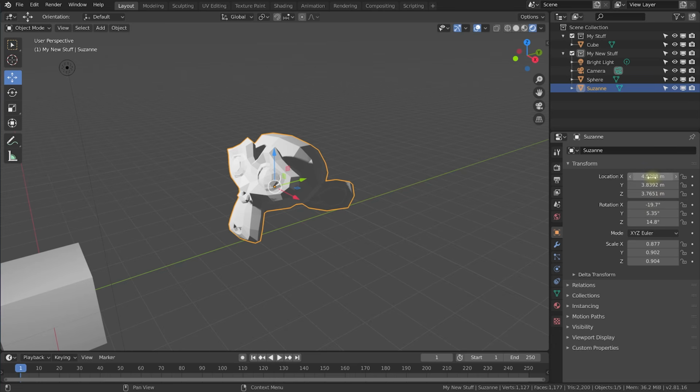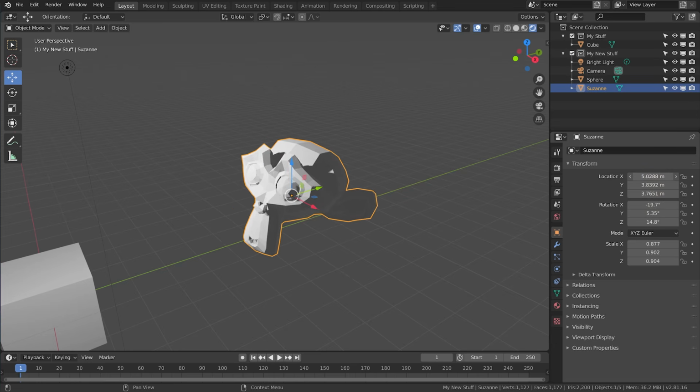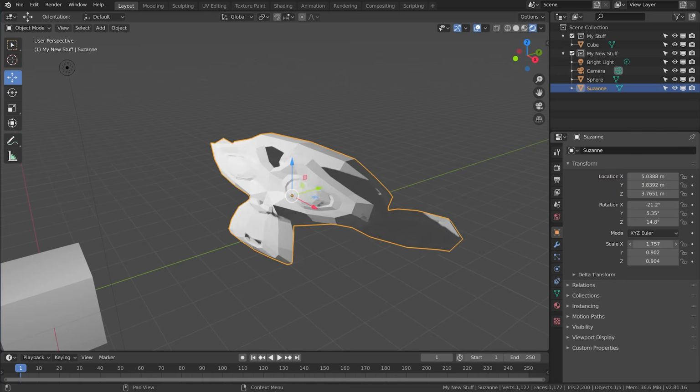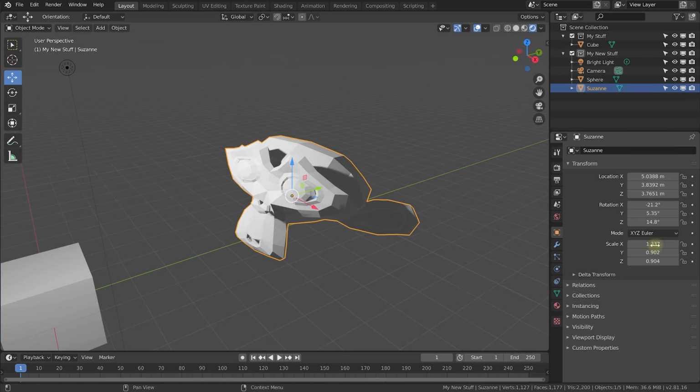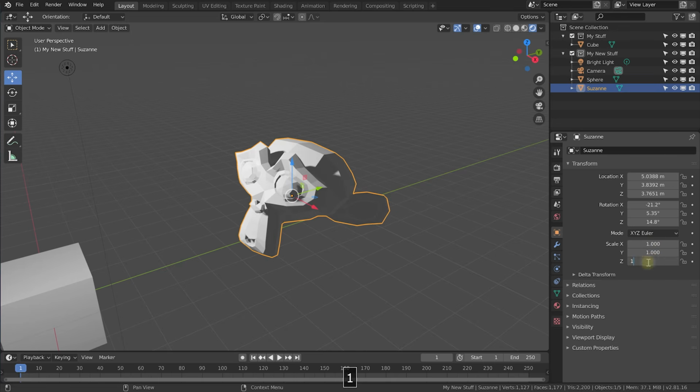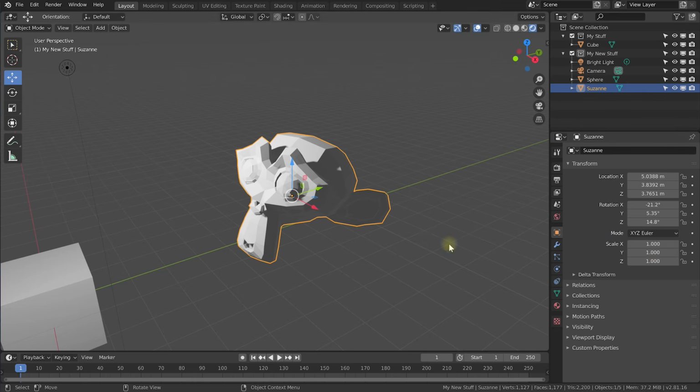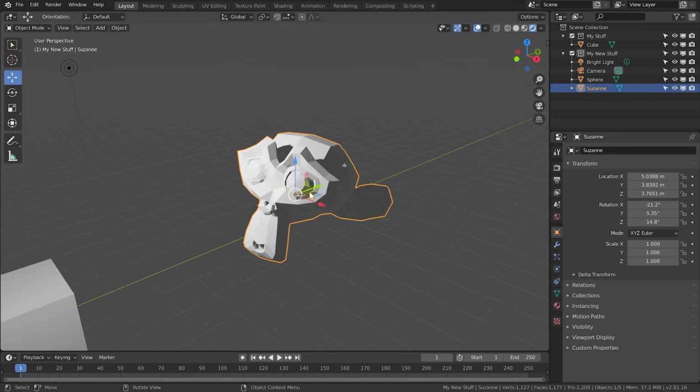any sliders in Blender, you can simply click on this value and drag it right and left, or again, click into it and give it a number. You can now rotate your monkey head in here, or you can scale it up. Let's just set the scale to 1 by 1 by 1 to make sure our monkey head is not distorted in any way. Let's come back into the 3D view, scroll down on your mouse wheel to just zoom out